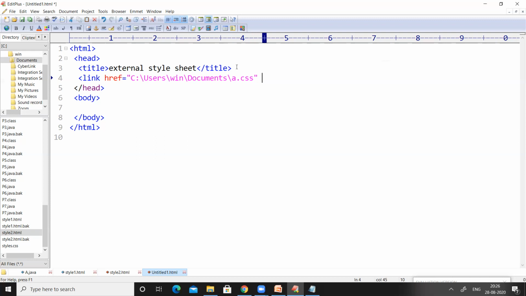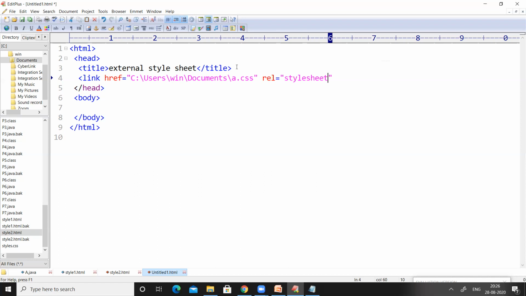Along with this, we have to use two more attributes. The name of the first attribute is relation, which is defined by rel. So here the relation is style sheet, right? The relation attribute will tell what is the relation between this HTML document and CSS.